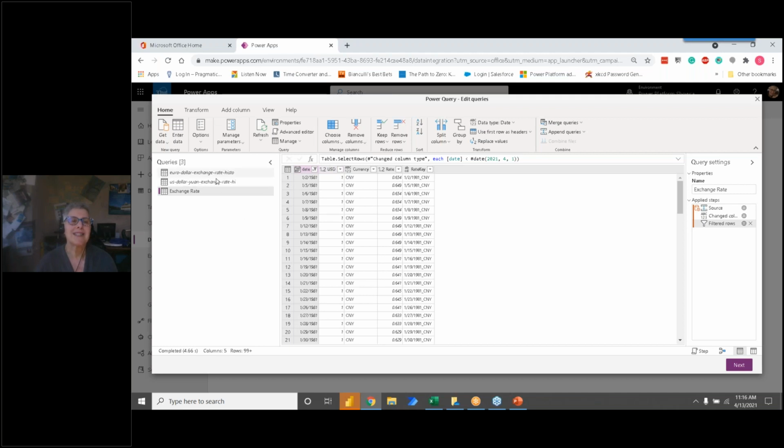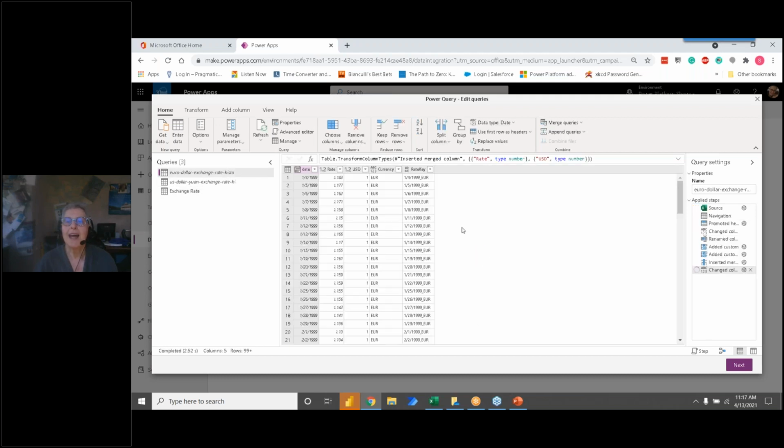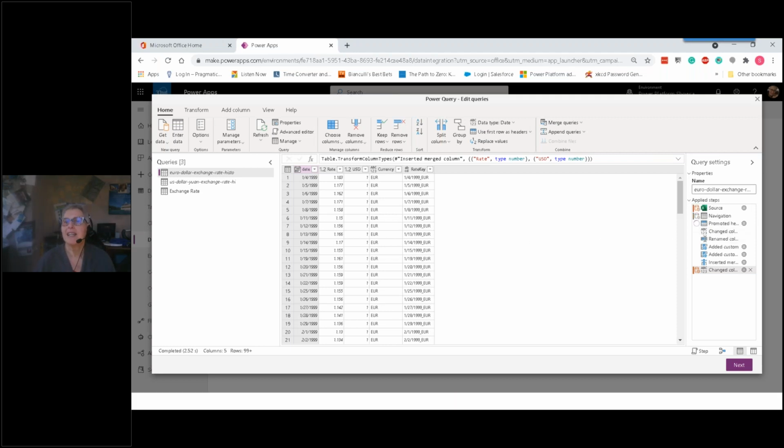And then there are 3 panels in the lower section. There's this query panel. This is each one of the connections that I made. In our next demo, I'm going to show you how to create all of this from scratch, so don't worry that I'm taking you out of order. I just wanted this to go a little bit faster. So these are just 3 queries that I brought in. When I click on each one, I see a preview of that query in this center section. And way over here to the right, I see a list of all the applied steps against my initial query. This step is showing me bringing that source in, and then there are steps that we added afterwards.